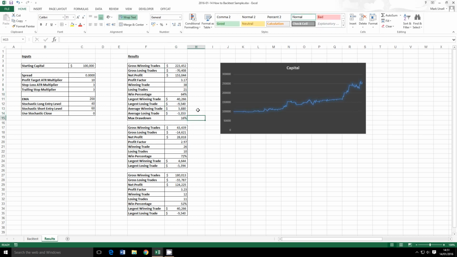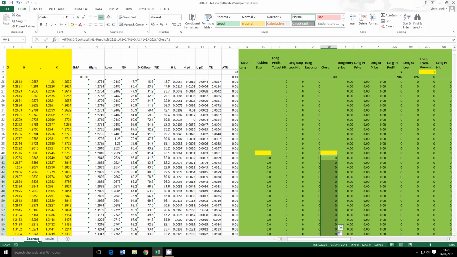These metrics are quite simple to calculate. They're all set up in a trade-informed model. We've got the gross number of winning trades, gross losing trades, and the net profit. The profit factor is the absolute value of gross winning trades divided by gross losing trades. You can calculate all sorts of different things. What's interesting maybe for this trading strategy is we have quite a high winning percentage, but that's only come about since I've changed this closing criteria here. If I took that back out again